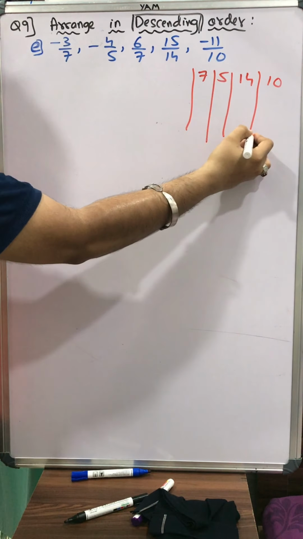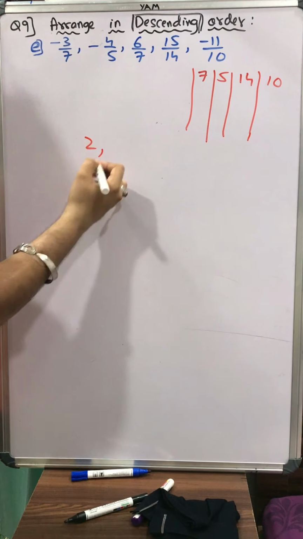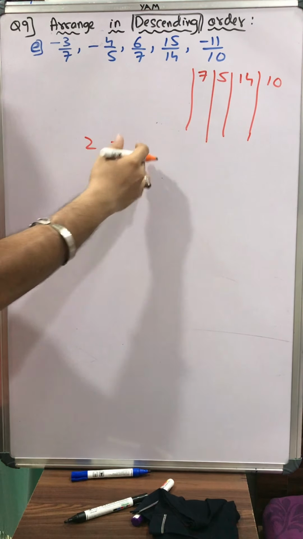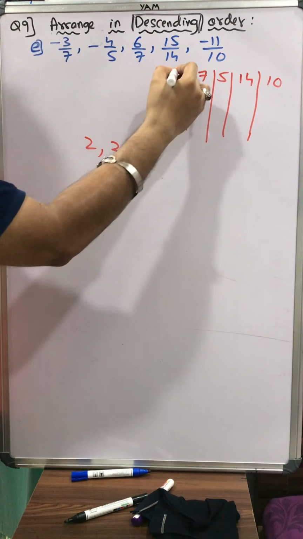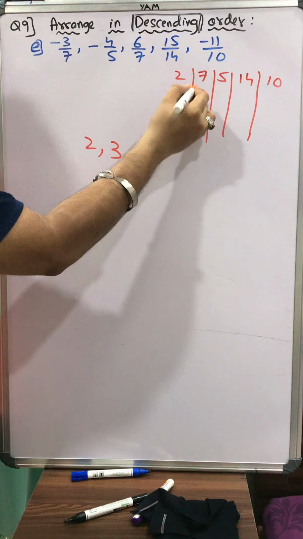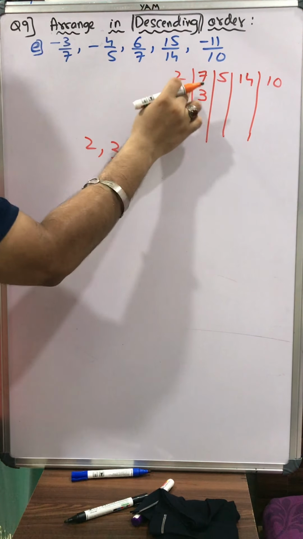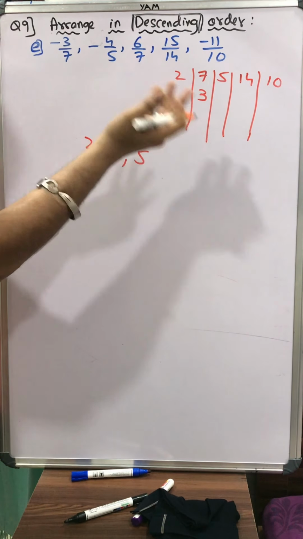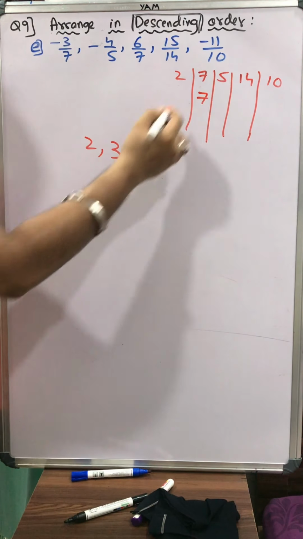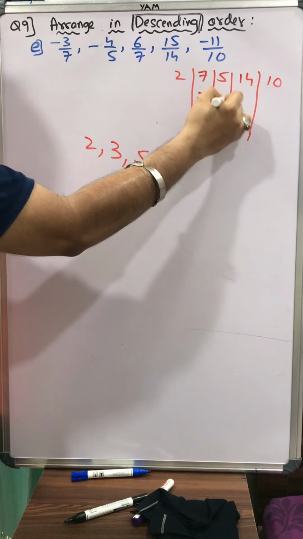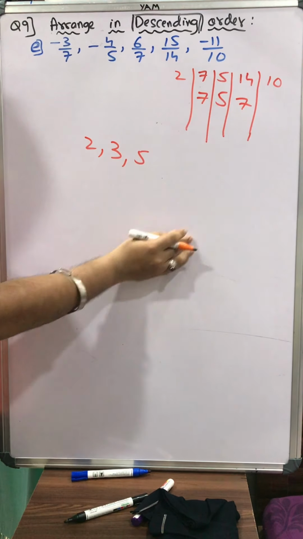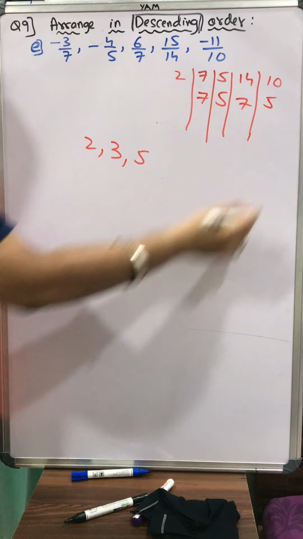As I tell you, always first start with 2, then go for 3, then 5, and then proceed to 7 and so on. Let's start with 2. 2 3s are 6, but here it is 7, so 7 is not going in the 2 times table. Here I'll copy 7 as it is. 5 is not going in the 2 times table, so I'll copy 5 as it is. But here I can say 2 7s are 14. And here once again 2 5s are 10.